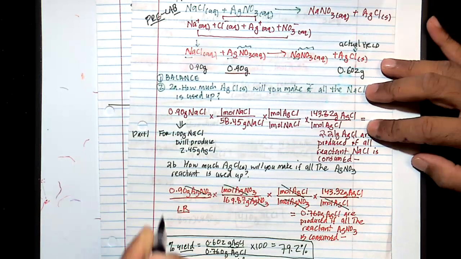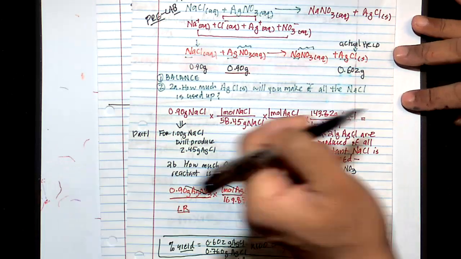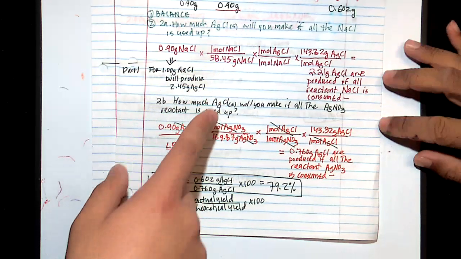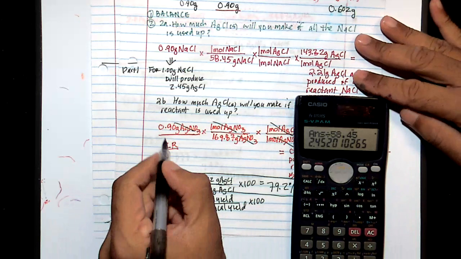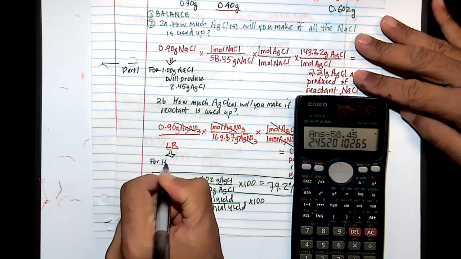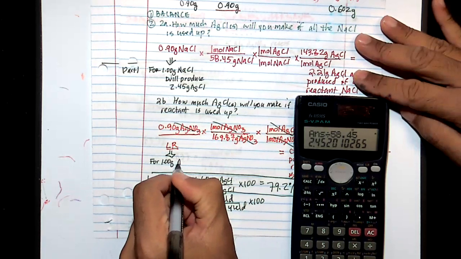Okay, you see how I'm getting that? Instead of 0.90 grams, we do the exact same thing, because all the other values throughout it will be the same. Okay, same thing here. For 1 gram, now this reagent is AgNO3,